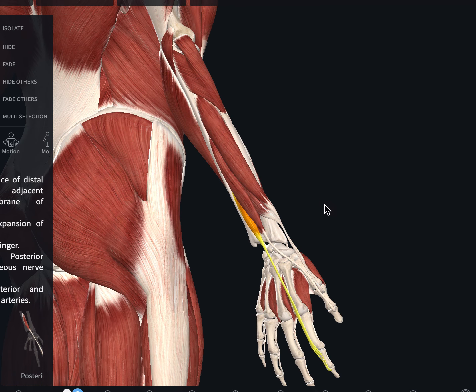The main rule is the arterial supply of the deep part is done by the anterior and posterior interosseous artery in general, as well as the nerve supply from the posterior interosseous nerve, which is a branch of the